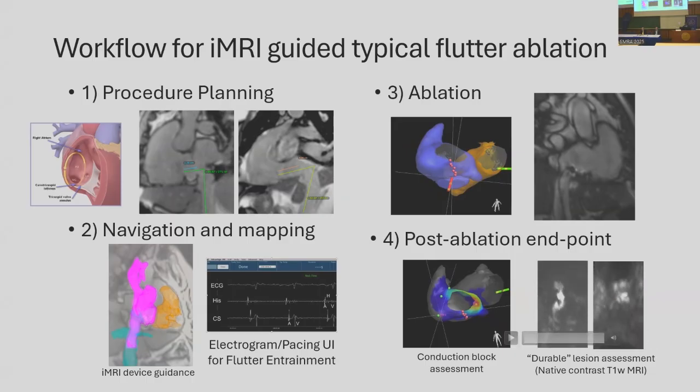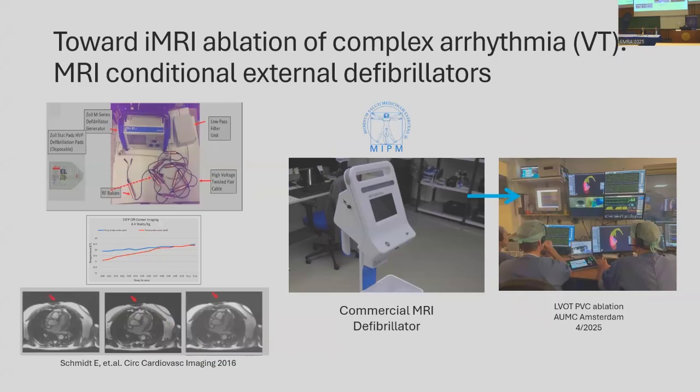Part of this work will be to get a sense of how different imaging features relate to durable ablation in a situation where the ablation is fairly successful. So we can typically achieve durable ablation even with conventional. But all of this work in typical flutter is really prerequisite for the eventual goal of trying to improve